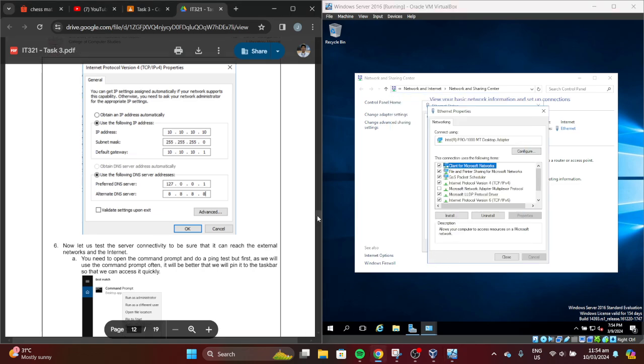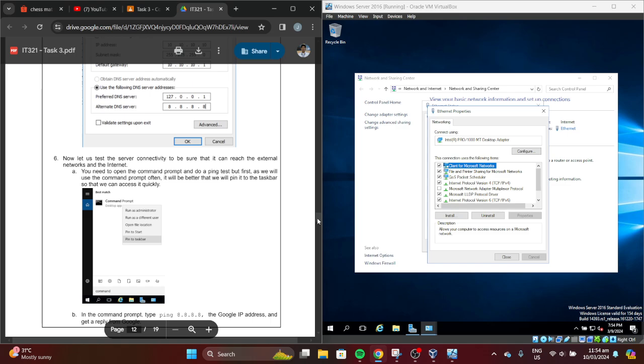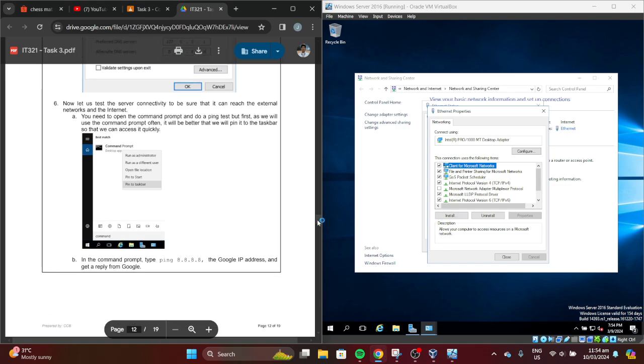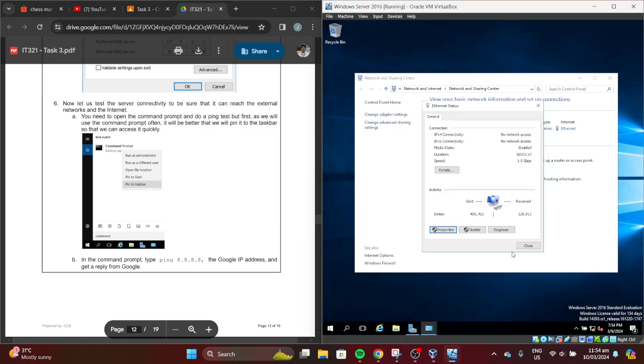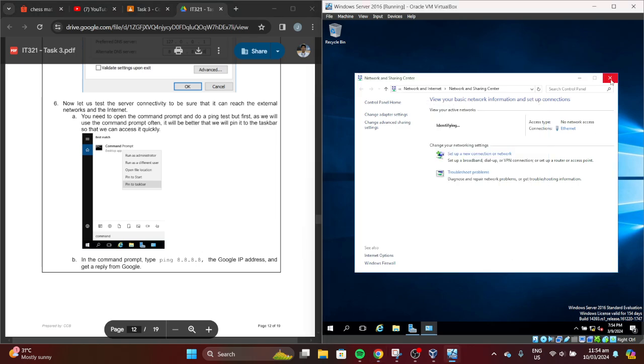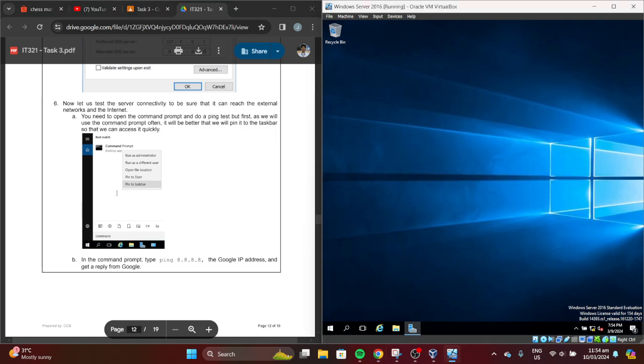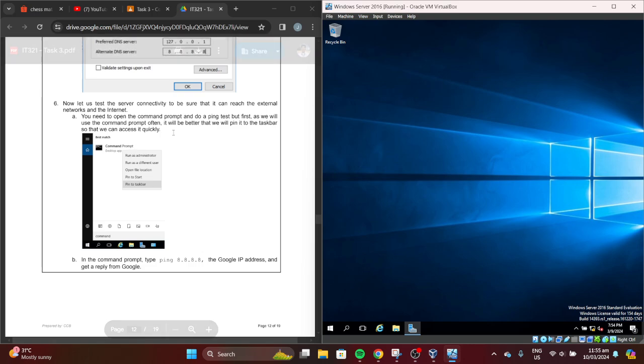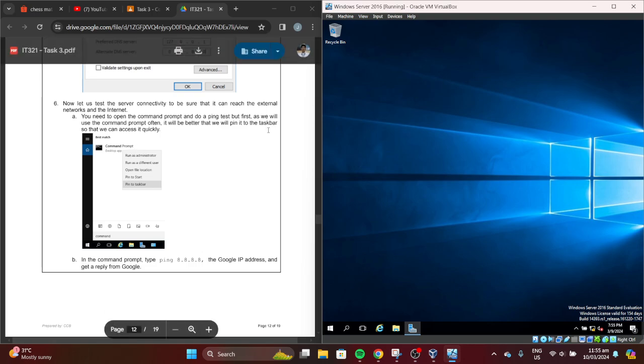Now let us test the server connectivity to be sure that it can reach the external networks and the internet. You need to open the command prompt and do a ping test.